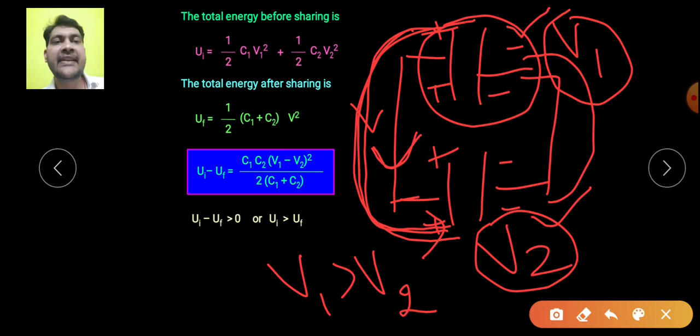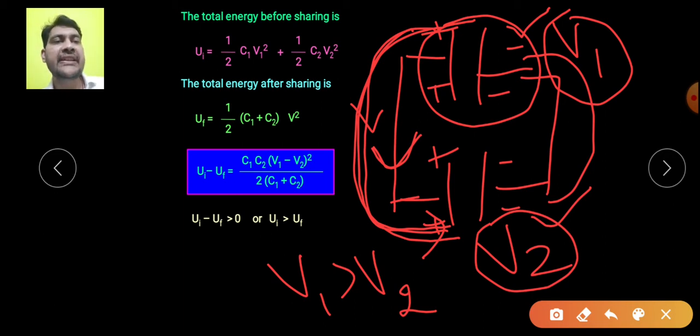We know the heating effect of current. When current flows in a wire, then heat is produced in it. You know the expression, it is I square R T, where R is the resistance, T is the time, and I is the current flowing through the wire. So when the charges were getting redistributed between the plates, some electric current was flowing in the wires, and because of that current, some heat was produced in the wire.